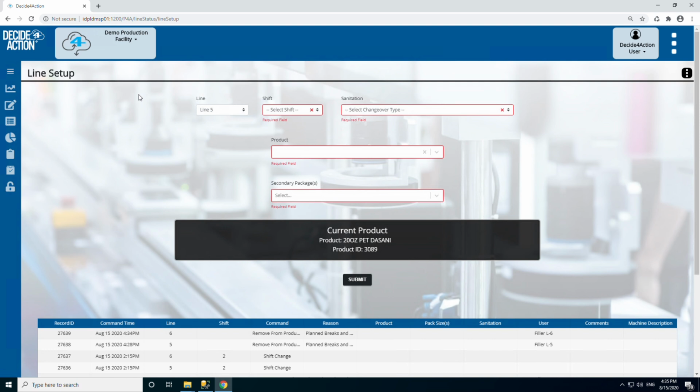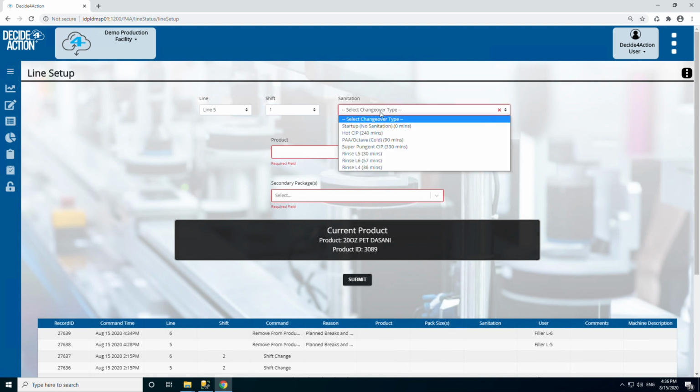So starting with the line setup, this is what you would do at the start of a production date. Now, if you provide a production schedule to the system, this step would happen automatically at the start time of your first shift. Although if that's not possible, this is where you could tell the system that you're starting up for the day. So you would go in here and pick which line you're starting, pick the shift that you're starting on, and then you would have different